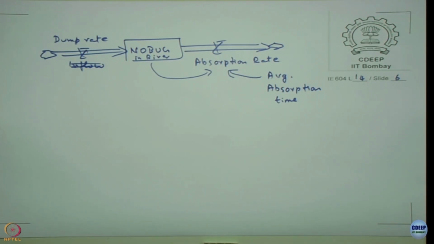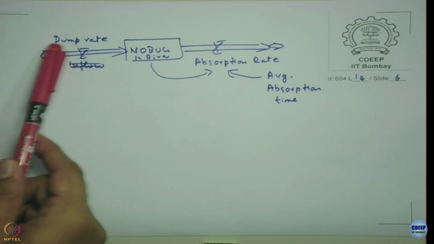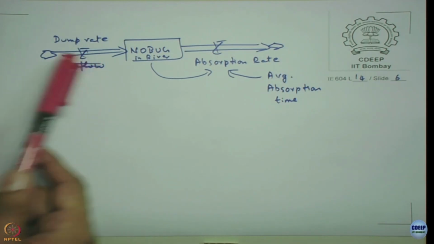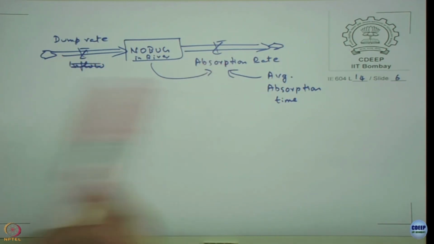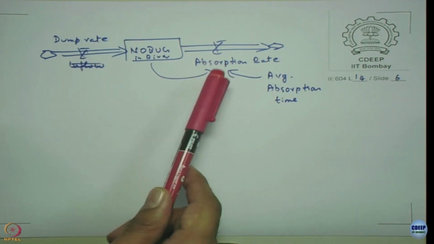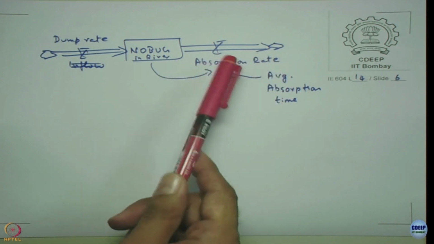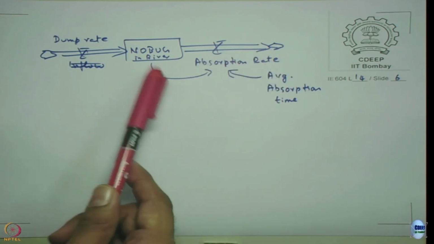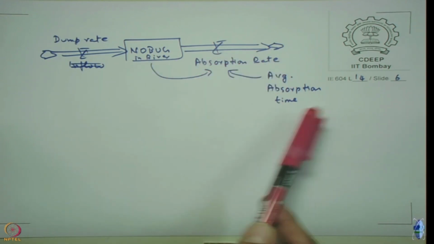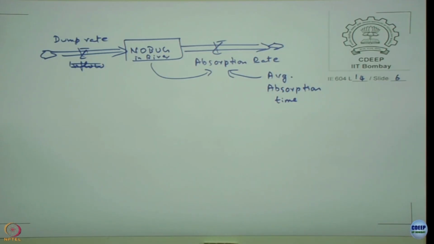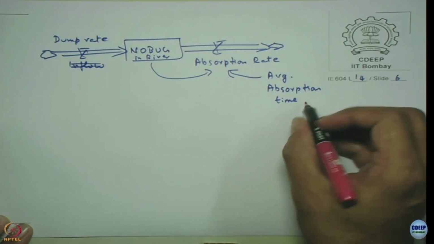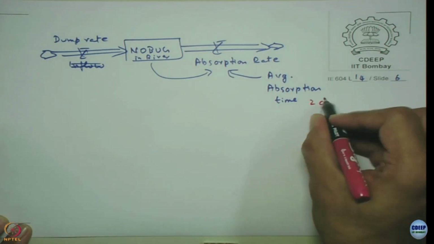So, it's very simple. Again, when I teach, I may use words like inflows and outflows and stuff, but you can use proper rates like dump rate, which represents what is actually happening. Absorption rate is what they have told. Absorber reverses the natural cleanup process. So, it will clean up whatever is in the stock with an average absorption time. So, I will just write the equations in red. Here the average absorption time is given as 2 days,